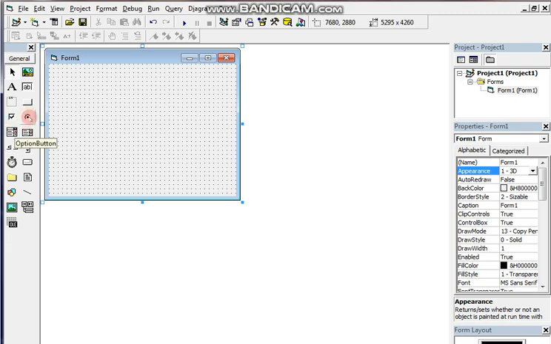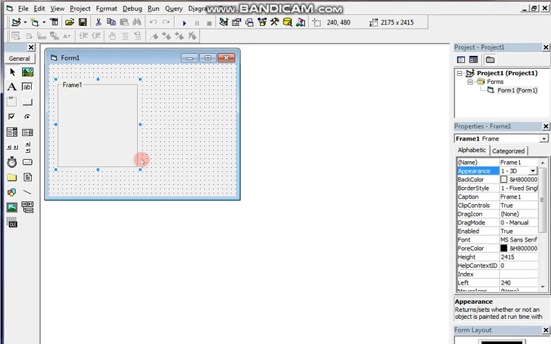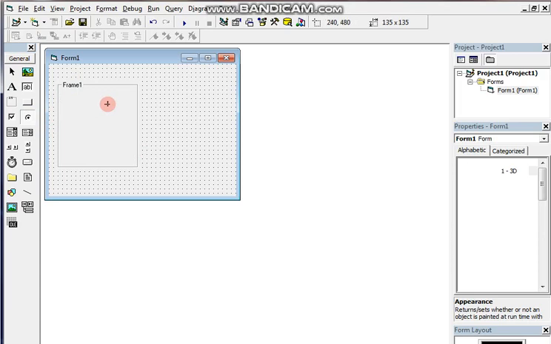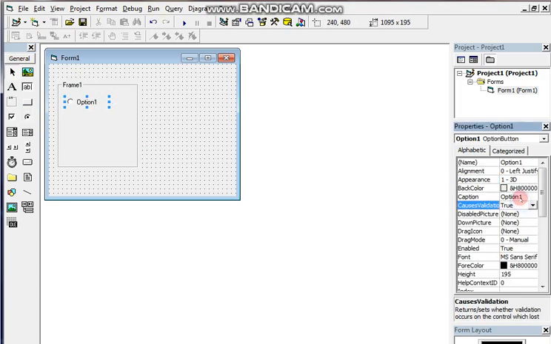As I am going to take option buttons, let me take a frame, which is not mandatory, just to design your form nicely. Now I am taking a radio button, and the caption of this radio button I am keeping as red.